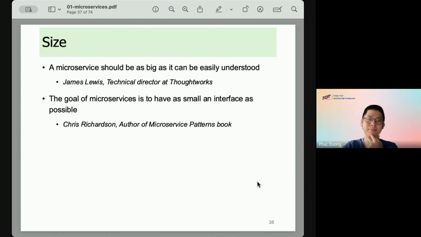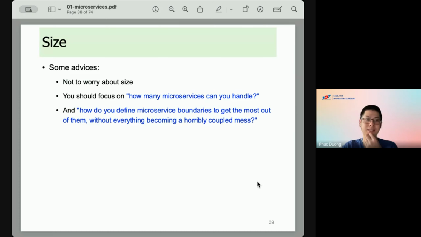Okay, so some advice. First, you should not worry about the size of your final project, especially the size of the microservices.